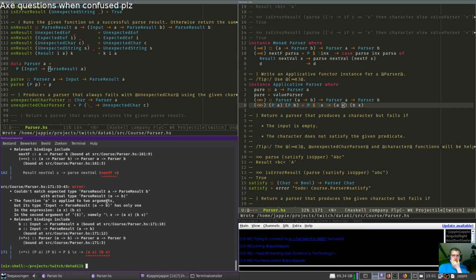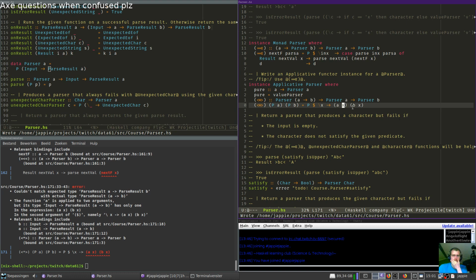With actual type, parse result A to B. So you're not the function A of x. You're a parse result inside there. That's why I was like at first, maybe I need to fmap into this. But then you get two parse results in each other. That's not good either. We're only gonna give you a parse result if you're actually a result.